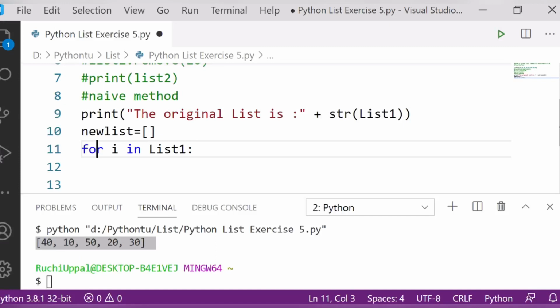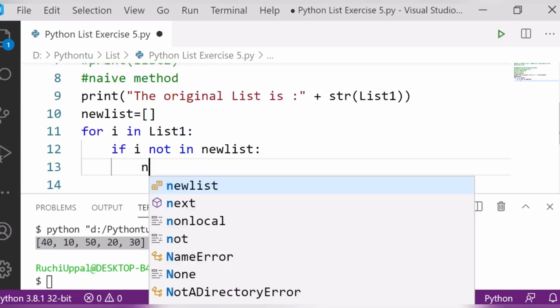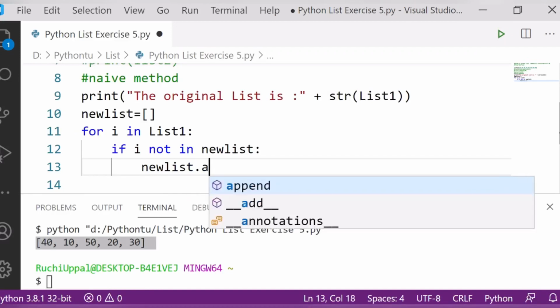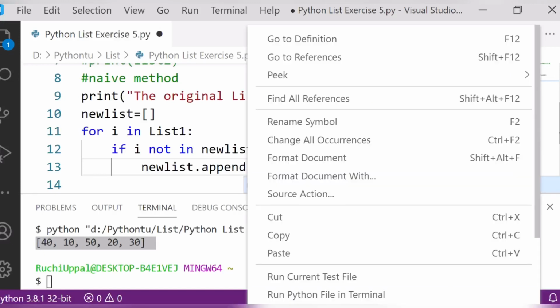For i in list1, then I will use if i not in new list, that is my empty list now. So what it has to do is append: new list dot append i, with the number.